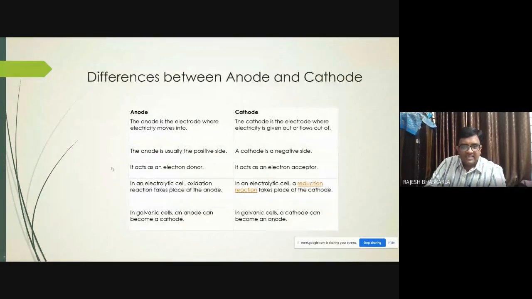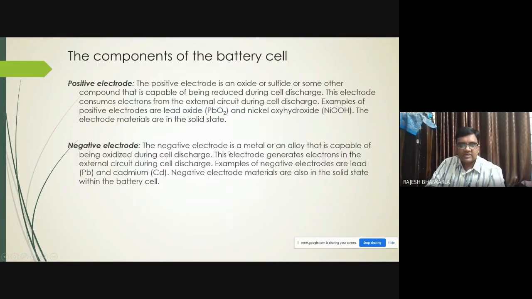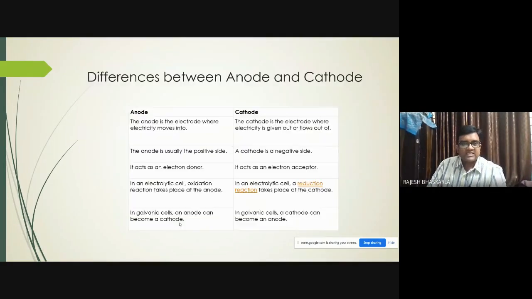Okay, and this statement is true during charging. You have to remember that this statement is true during charging, and this statement is true during charging. And here you have to understand that this statement is true during discharge, and this statement is true during discharge. So don't get confused. You follow any one convention. When I explain the operation of a lead acid battery, there you can clearly understand what is reduction and oxidation. Even though till now you are not able to follow that, don't worry. When I discuss this lead acid battery, you can clearly understand that.